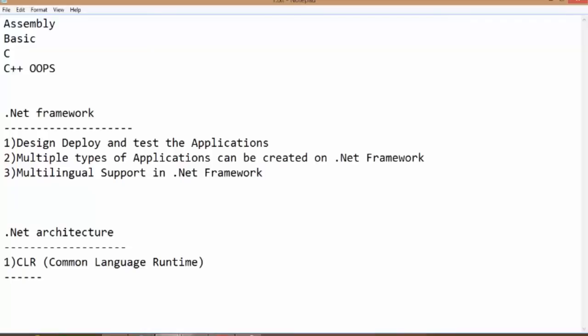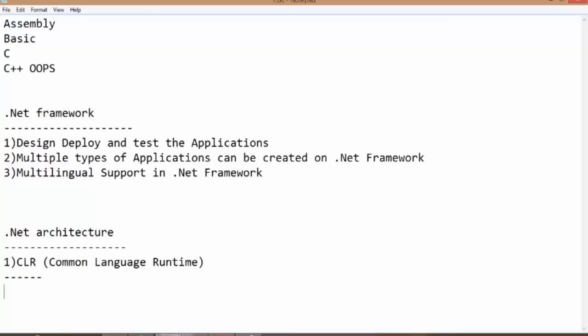First of all, whatever your source code is, it will get converted into MSIL, that is called Microsoft Intermediate Language, or you can simply say IL code. That is not machine code and not source language code. It's somewhere in the middle, but it is a standard format that every source code will get converted into.